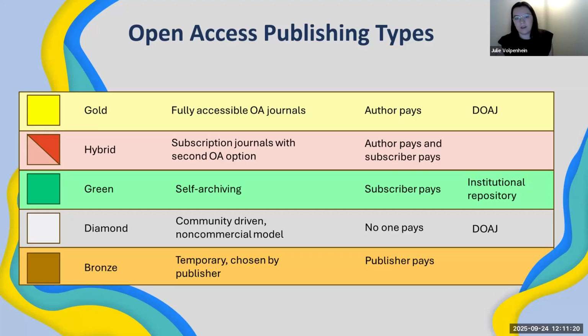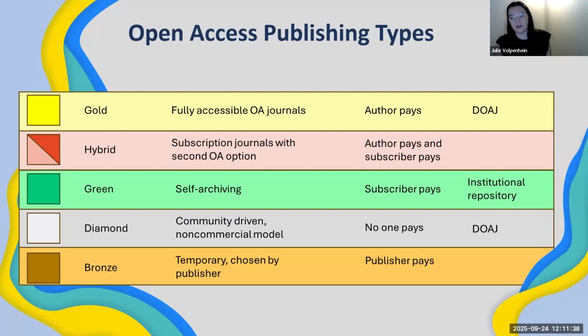So that's a great place to go. It's not a fully all-encompassing directory of all the good OA journals out there, but it is kind of a nice resource. So for hybrid journals, these are when a subscription journal will sometimes allow articles to be published through